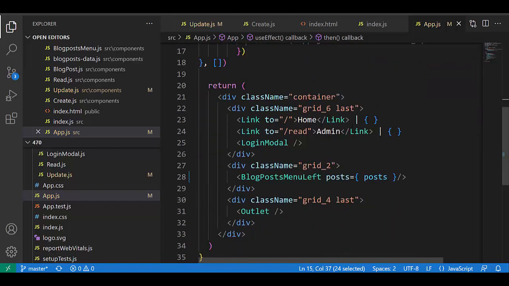Okay, here we have that post assigned to properties of blog post menu left, but I will see that when we create Redux, I will see that data flow go from parents to child data flow,